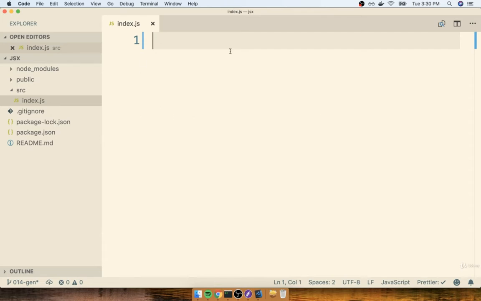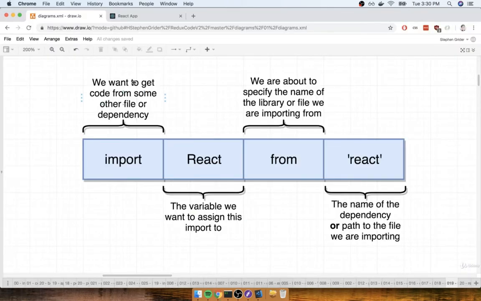Now, when I create this new file, I can flip back over to my browser where I have my React application running at localhost 3000. And if I refresh the page, you'll notice that it's now completely white. Nothing at all shows up. So for right now, let's set a very small short-term goal. Let's say that we want to figure out how to use React to get some content to appear on the screen. Once we figure that out, we'll then be able to start to play around with JSX a little bit and get a better idea of the rules around it.